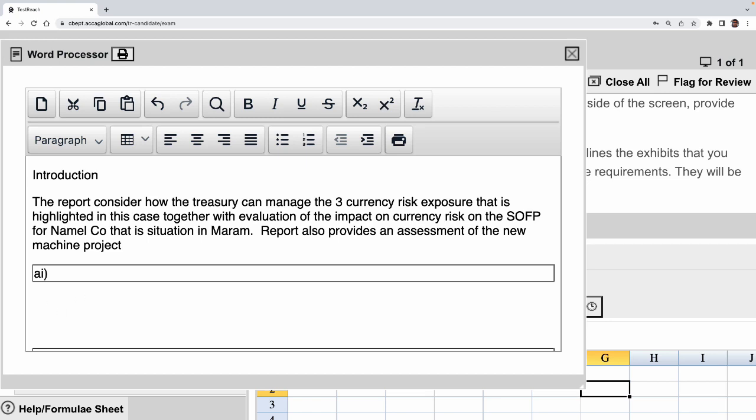So this one, let's talk about the 3 types of risk. So case 1 is what risk? Case 1 is, so we're talking about risk exposure. So in terms of case 1,